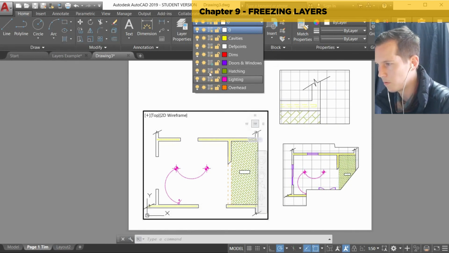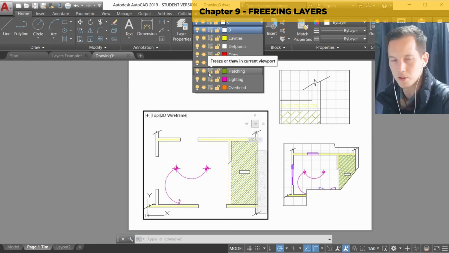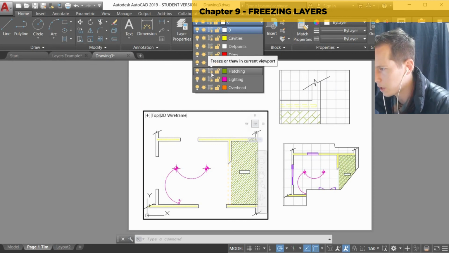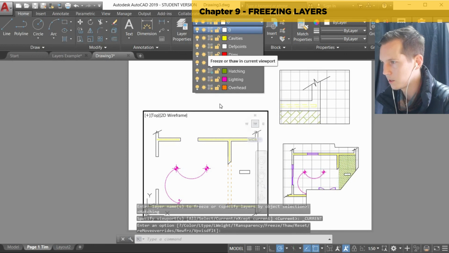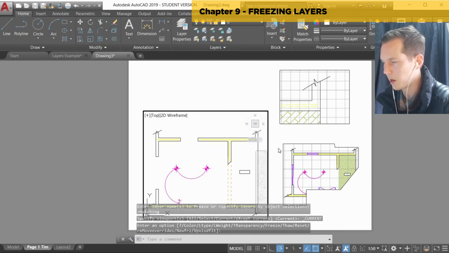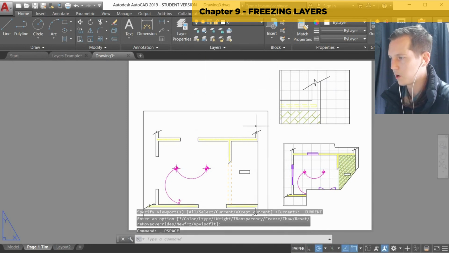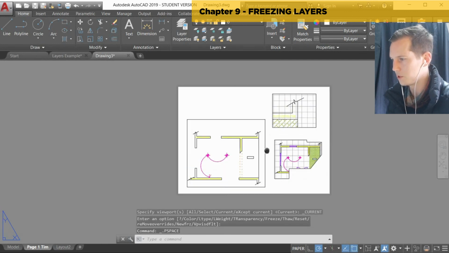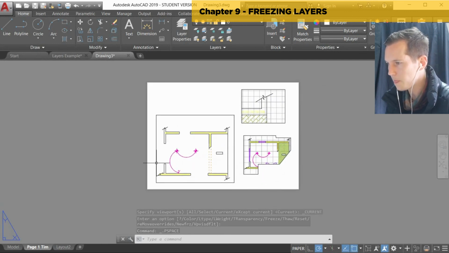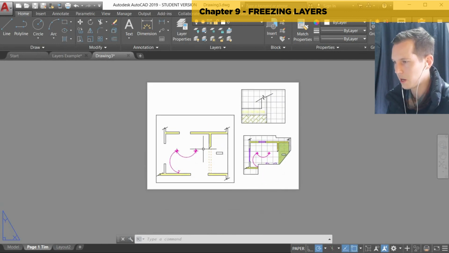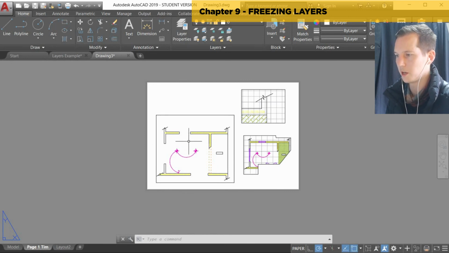And I can go and remove all the hatching as well if I think that that's confusing or it's irrelevant. I can also click on that one and then freeze that, okay? And now if I double click back on my drawing here and go back to my paper space, I'm going to zoom out on my page now. You'll see that there's my drawing views, and now I've got this view set up with those elements removed, okay,